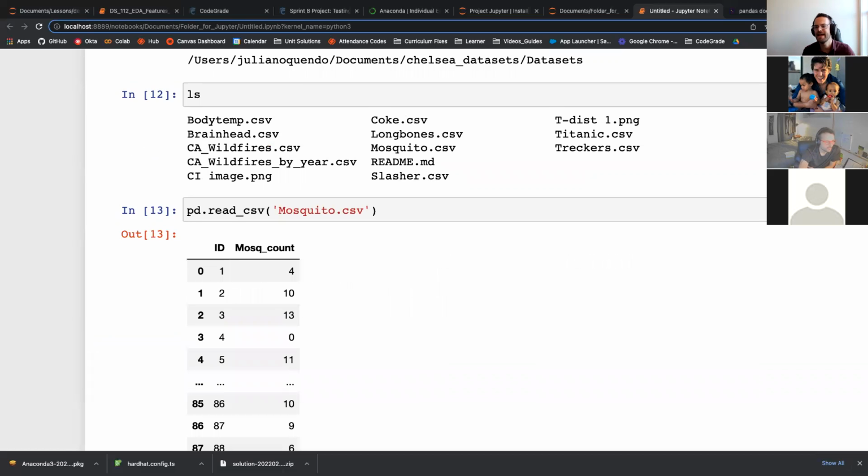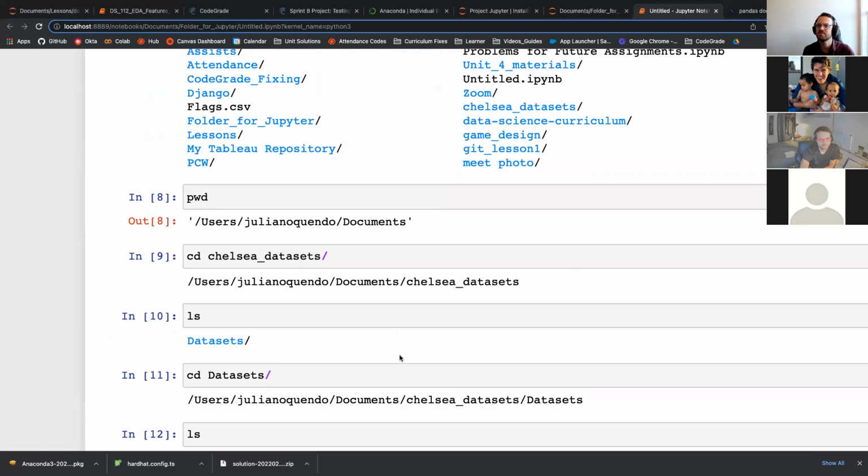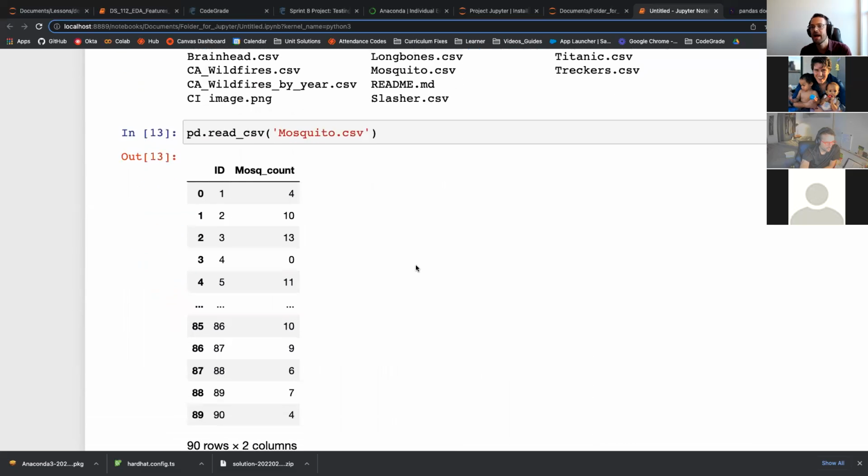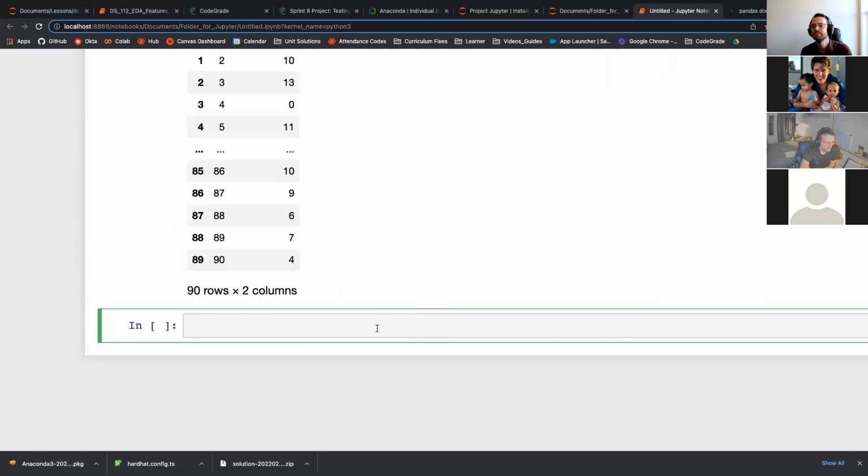But note that I had to navigate there. This whole process was essentially me asking, oh, where's my notebook saved? Where do I need to go to? That's essentially the process that we're seeing happening there. Now, what happens, however, if my files are located somewhere else? So I'm going to go ahead and navigate back up, for starters, just for this example,